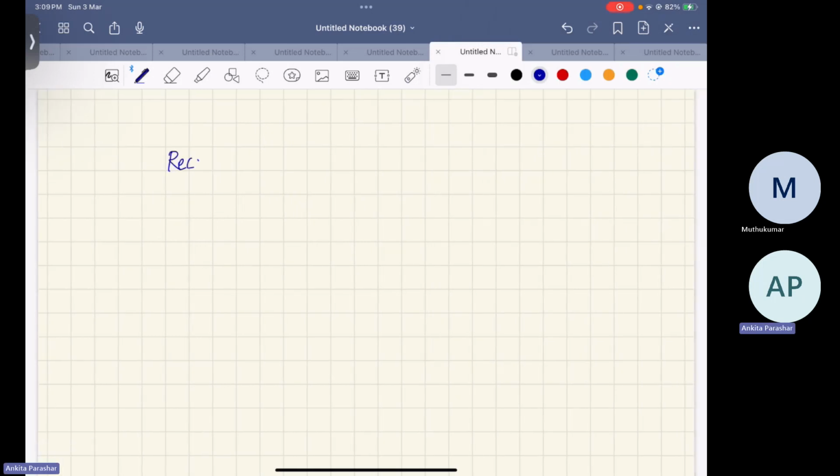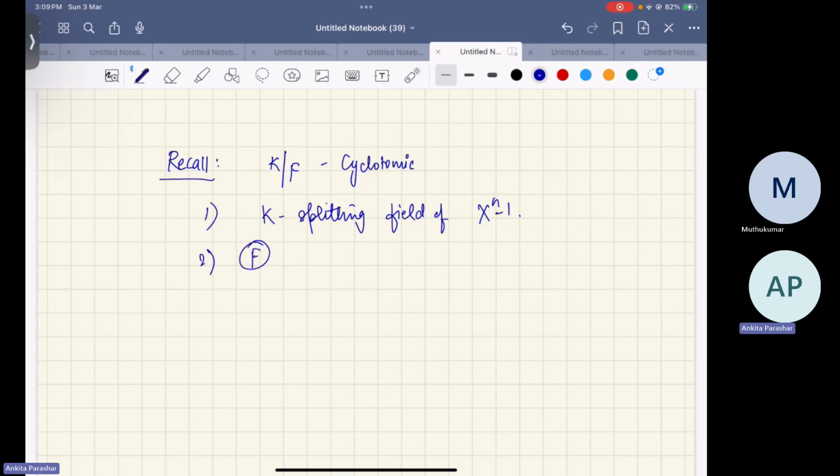So just a recall, we have K over F. We said this is a cyclotomic extension if K is the splitting field of some polynomial x power n minus 1 like this. Moreover, we have one more condition on F, that if you can recall, then characteristic of F is either 0 or characteristic of F should not divide n, which has to be of course prime. And